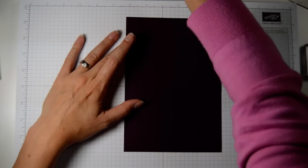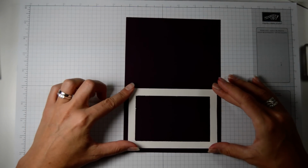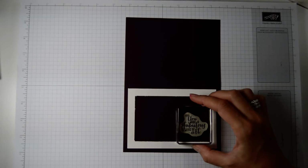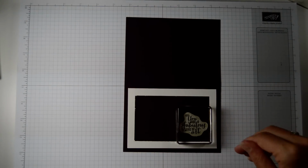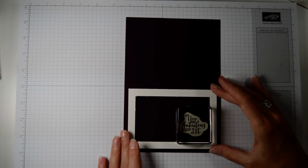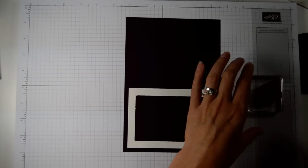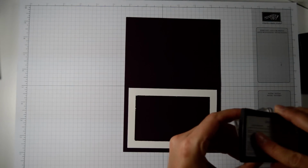So what we need is our frame is going to go there, and then we are going to put our fabulous work of art right there where we have space, and it's on the card, so where it is now is where we're going to stamp it. So I'm going to leave the frame in position. I'm going to get my white embossing powder. So first of all, Versamark onto the stamp,